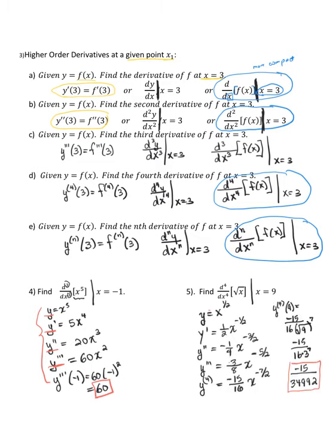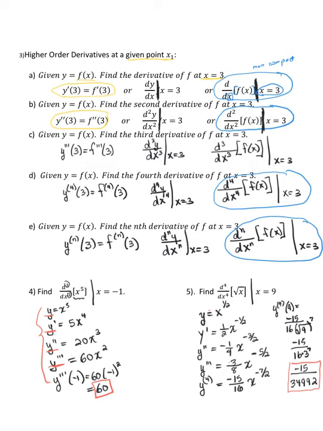All right, so let's take a look at this work. So we use the power rule with fractional exponents. We rewrite y equals x to the 1/2. And when we differentiate using the power rule, the first derivative is 1/2 x to the negative 1/2. We bring this 1/2 to the front, and we get negative 1/4 x to the negative 3/2 for the second derivative. Then we have the third derivative, so negative 1/4 times negative 3/2 gives us positive 3/8 x to negative